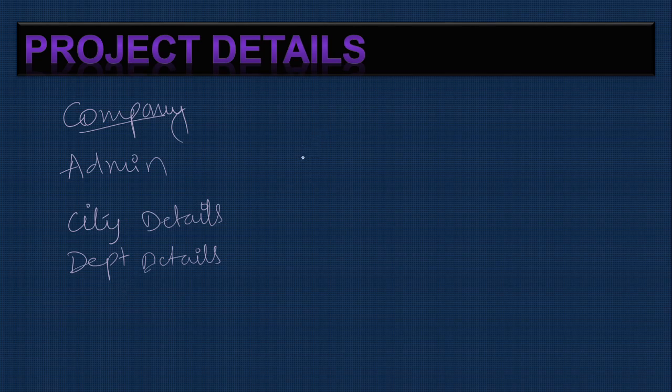Now doctors who are interested can sign up here, so there is a doctor module. Once they know we have a website like this, they can sign up, and after that they can log in. When the doctor signs up, they give all the details: who the doctor is, what department, and what city they'll cover.